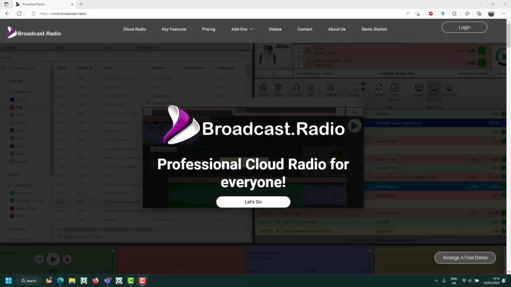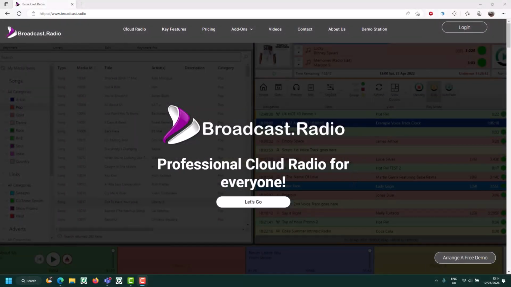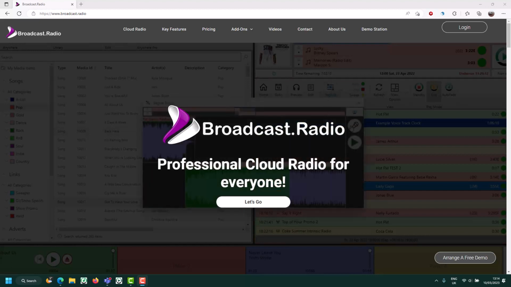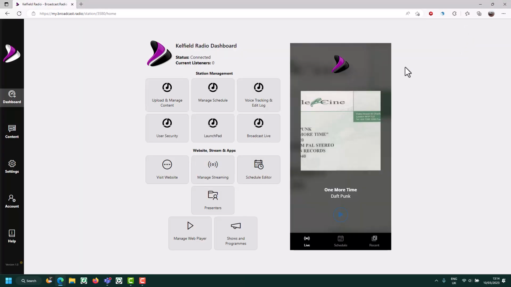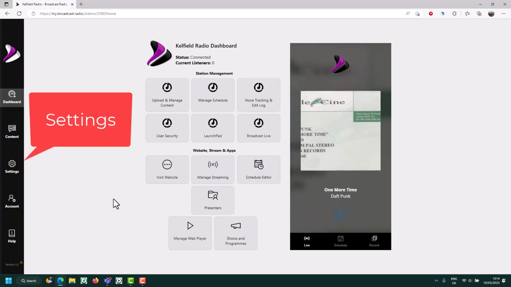Everything we need to customize our web player can be found within the broadcast.radio portal. So head on over to broadcast.radio and click on Login. Here's the familiar dashboard, which we've seen before. And to manage your web player, you click on the Manage Web Player button. But before we can do that, we're just going to fill in a few basic details about our station by